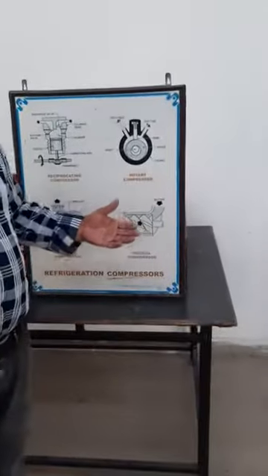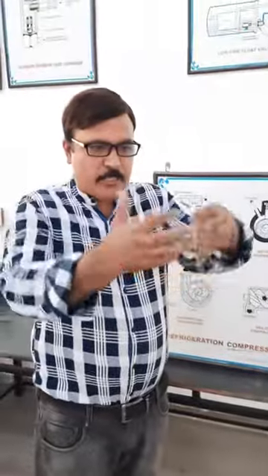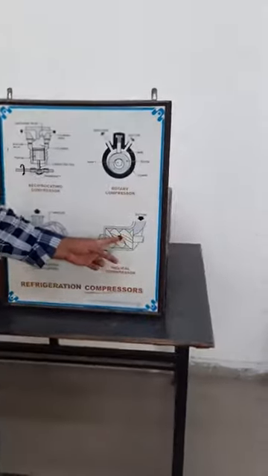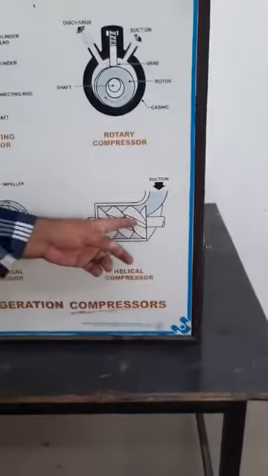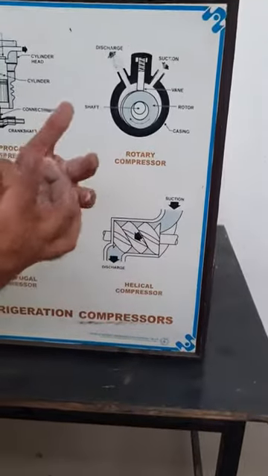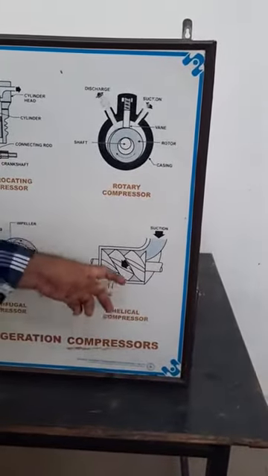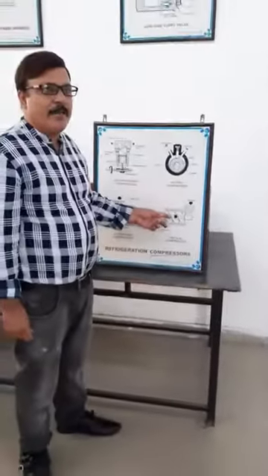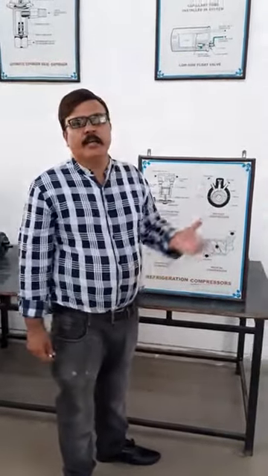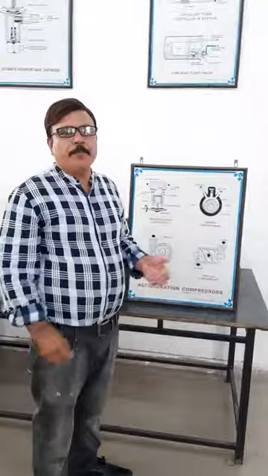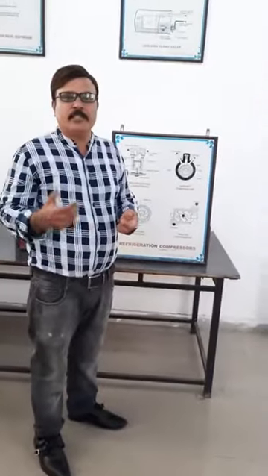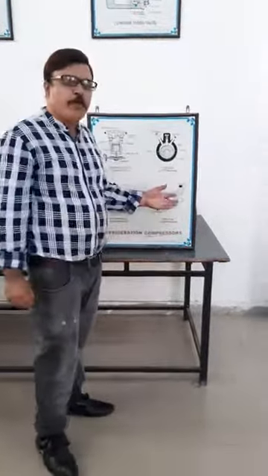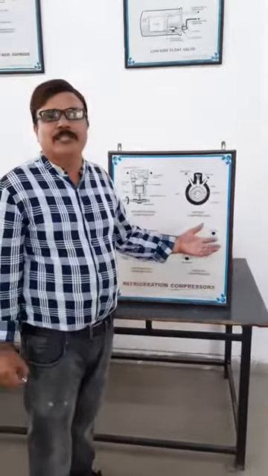So look at here. There are two screws. Both are rotating in opposite directions, in which from one side low pressure refrigerant is coming inside. When it passes through the helical groove and is compressed in between the male and female parts, there will be an increase in pressure and temperature. So this high pressure and temperature refrigerant will be supplied to the condenser. So this type of screw compressor is mostly used where tonnage capacity required is more than 20 ton and up to 750 ton. So this type of compressor is mostly used for industrial purposes.